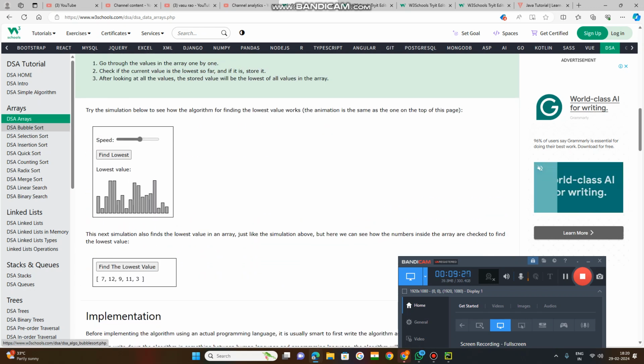Then I will brief the bubble sort, which will be used in arrays to sort the values, and we will write that. If you have any doubts,